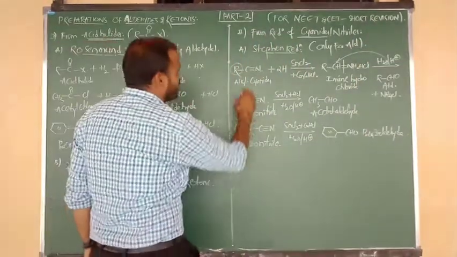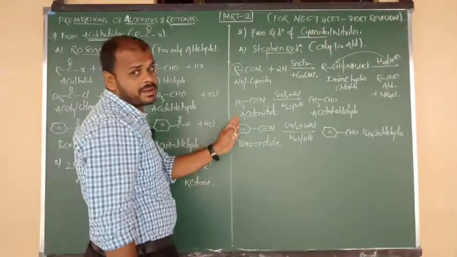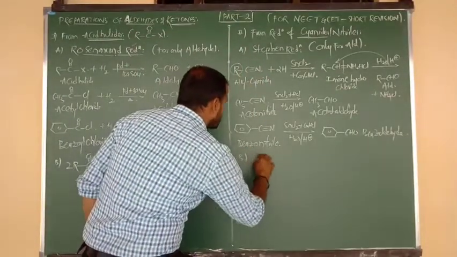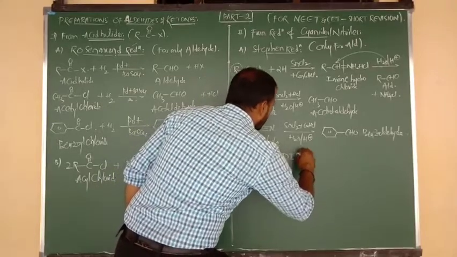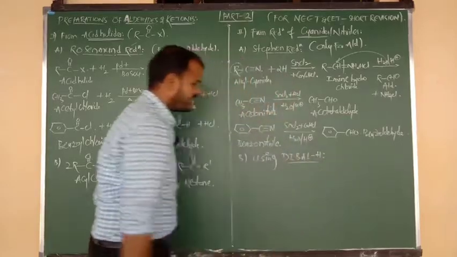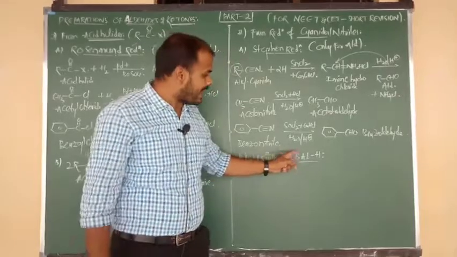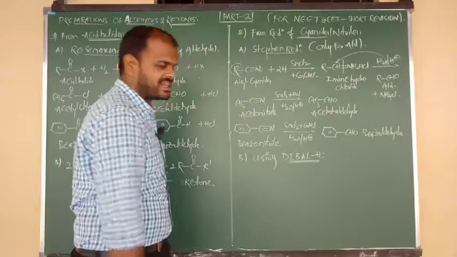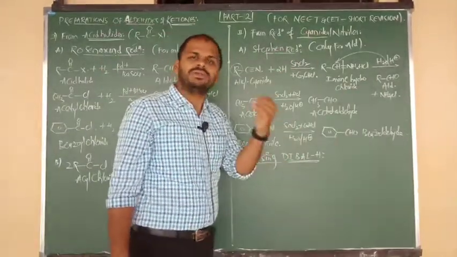Yes. Next, by using cyanides, again how to prepare the aldehydes. We can't prepare ketones here. Another method is also there, not only Stephen. That is nothing but, I want to say here, using DIBAL-H. Sir, what do you mean by DIBAL-H? Diisobutyl aluminium hydride. It is going to act as a reducing agent. By using this reducing agent also, we can reduce the cyanides into aldehydes.